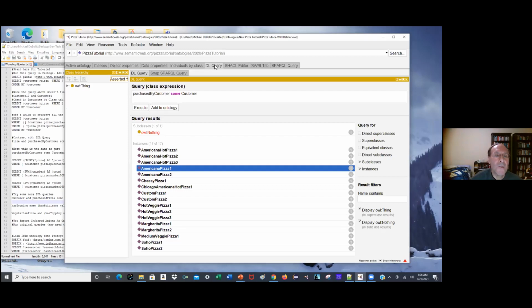Okay, so now let's go back to the DL query window. And by the way, notice that on subclasses, it shows OWL nothing. That's because, remember what I said earlier. OWL nothing is the empty set, and the empty set is a subset of every set. So OWL nothing, therefore, is a subclass of every class. So no matter what I put in here, I could put in like